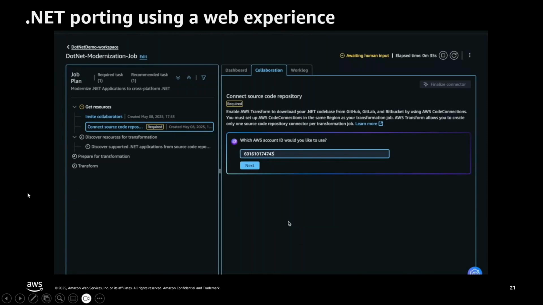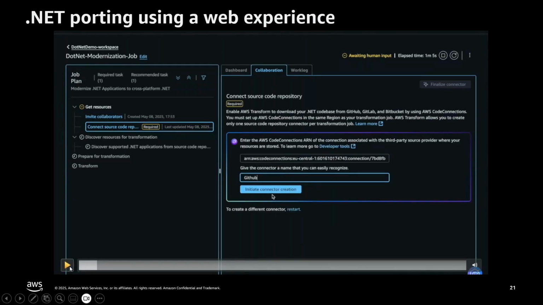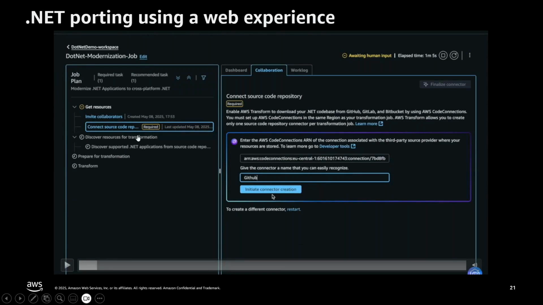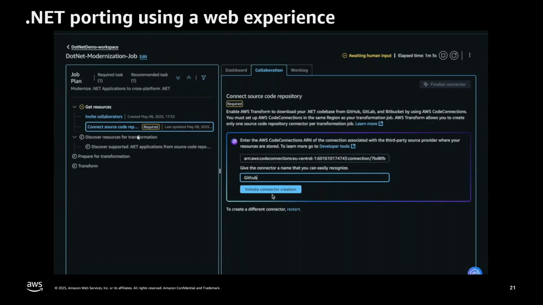It's essentially going to take me down the workflow where I can now start pointing my transformation job to my code repositories. The way the transformation job is going to go out and connect to my source control system such as GitHub, etc., is by using connectors for a service called AWS Code Connection. Code Connection, think of it like an authenticated connector and application which makes sure that from my AWS environment, I can go out and connect to these external source code systems.